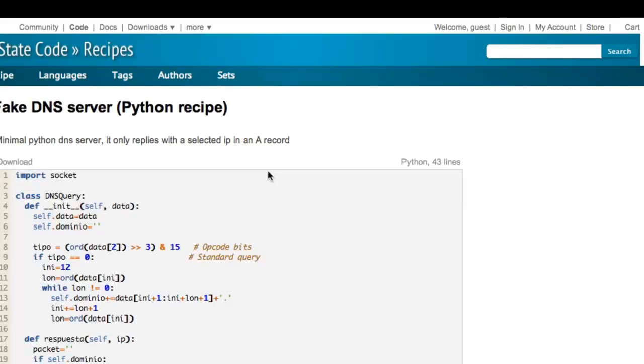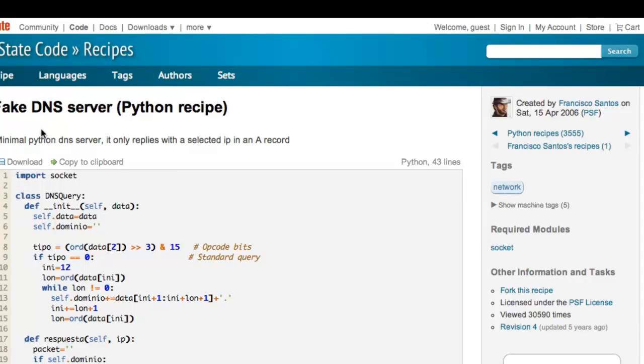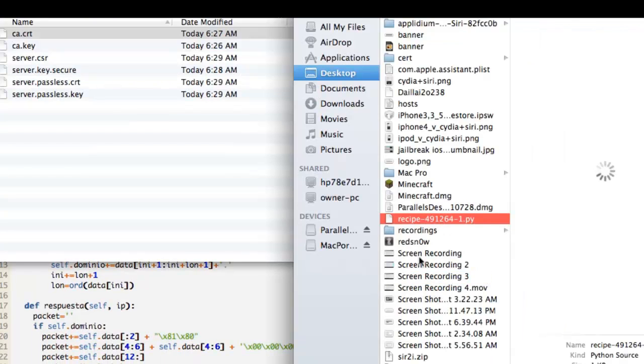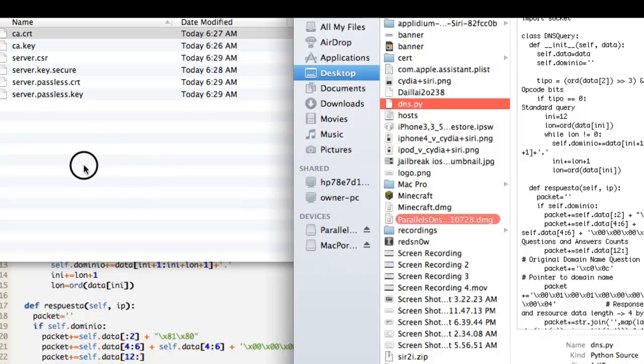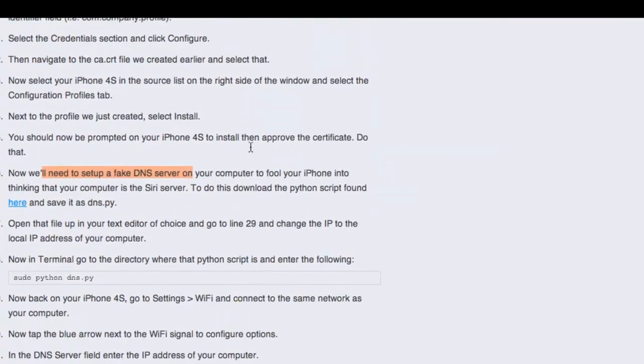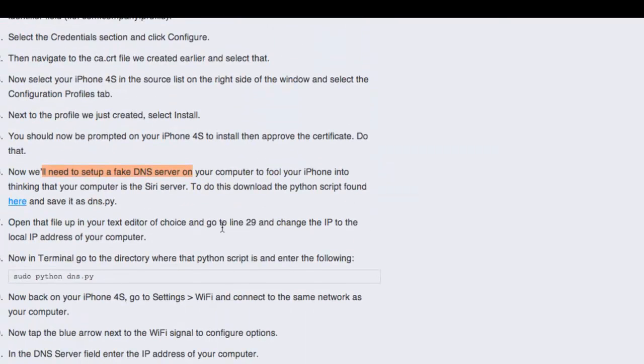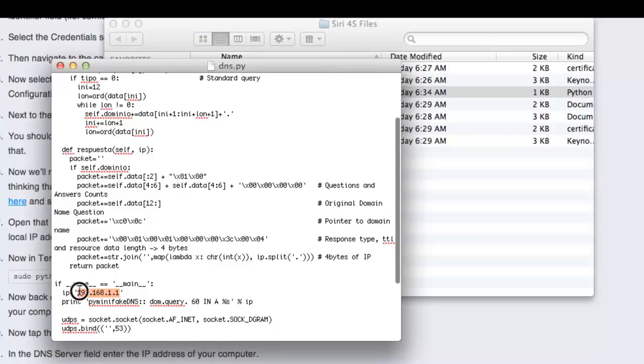dns.py. So we're going to hit download, and we're going to rename it as DNS right there. And you can actually go ahead and put this in the Siri files folder. Open that file up in a text editor of choice and go to line 29 and change the IP to the local IP of your computer. And we're going to change that to our local DNS server, so if you need to, just turn on your